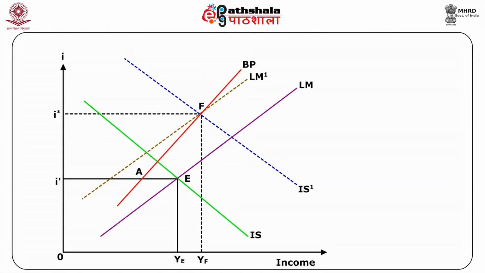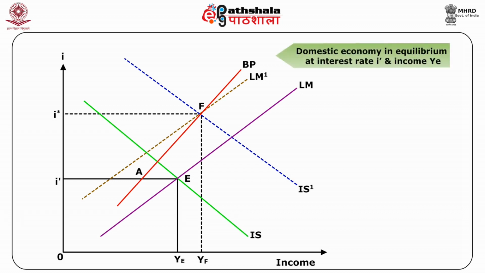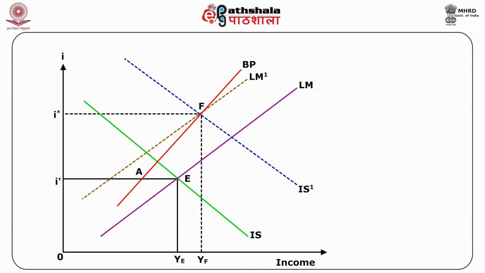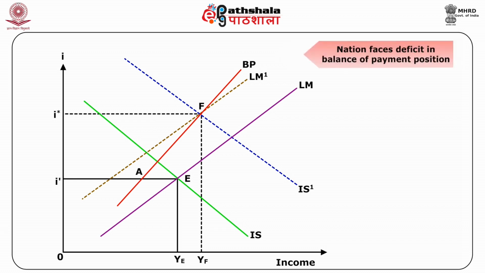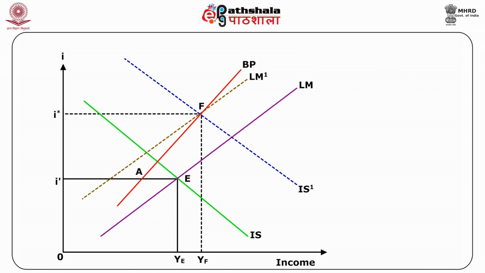This is explained with the help of figure. The IS and LM curves intersect at point E, but the BP curve is not intersecting at this point of equilibrium. So only the domestic economy is in equilibrium at interest rate I dash and income YE. Here, the nation faces a deficit in its balance of payment position because point E is to the right of